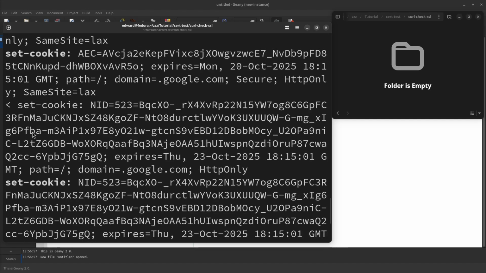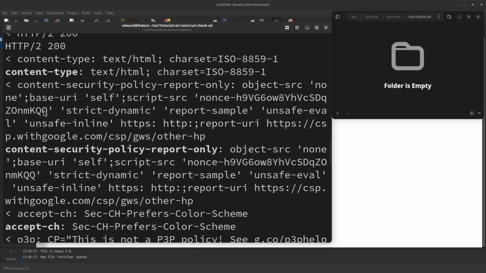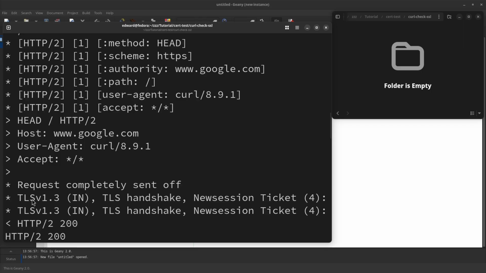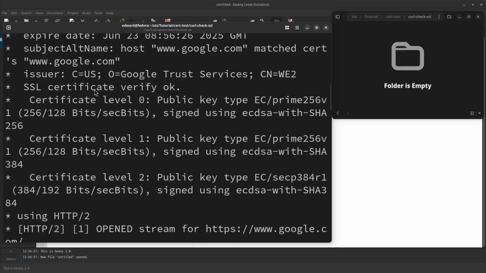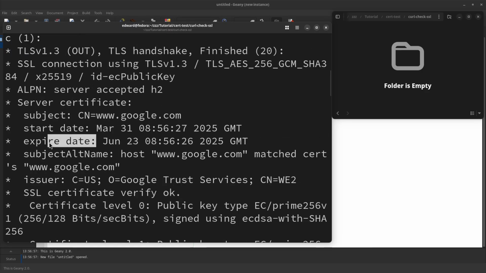Now you can see there's way too much information here. Say cache control and the content type. Obviously download the page. See, it's using TLS version 1.3, so that's great. And here's the certificate. You see, it got the certificate as well. And the issuer is actually from Google itself, Google Trust Services. You see, here we go, the expiry date. So the expiry date for the one on google.com at the time of this recording is June 23, and the start date was March 31st. Okay, so this is all the information I care about